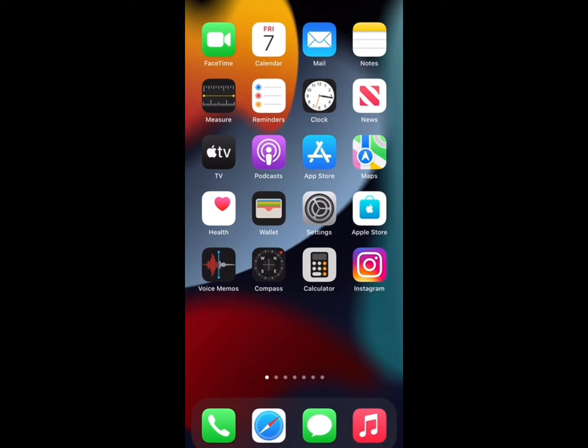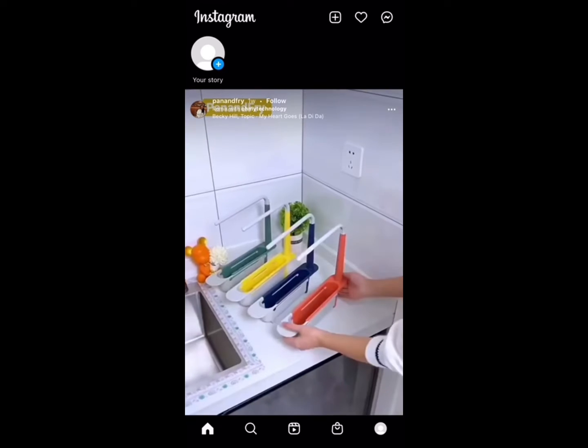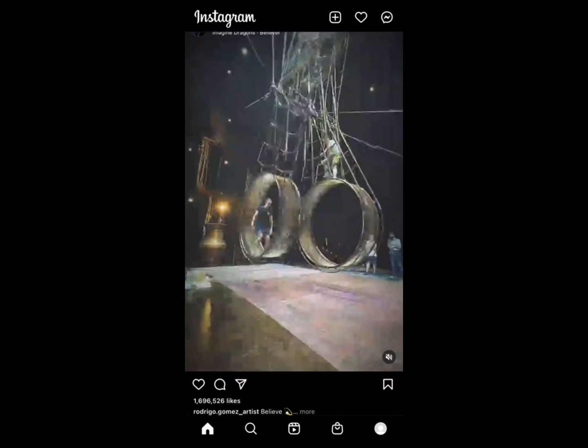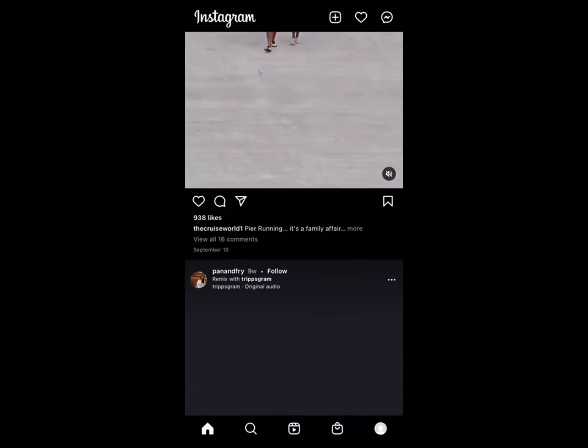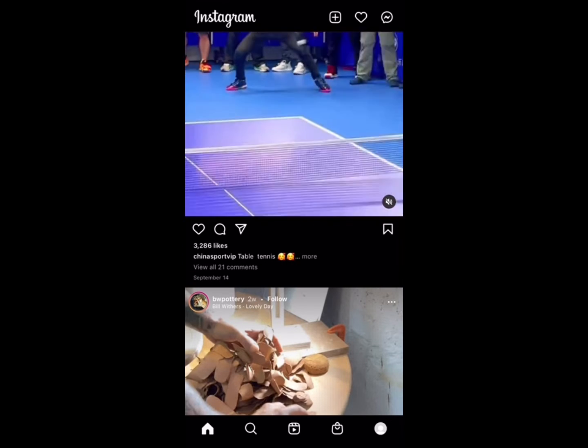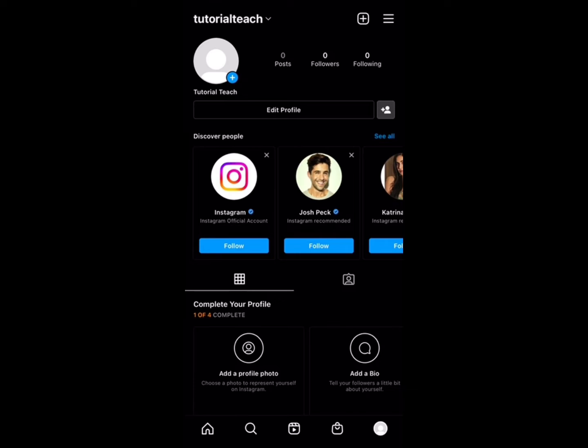So I'm gonna open Instagram, and right here when you create a new account, the first thing you're gonna have to do is follow other accounts, follow other profiles, so that you can have activity on your own page. So the next thing you're gonna have to do is go into your profile. Right here, click on edit profile,